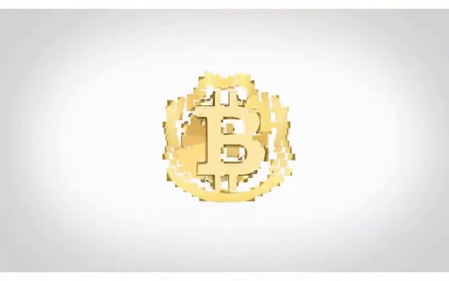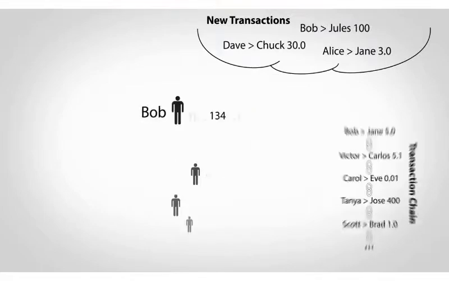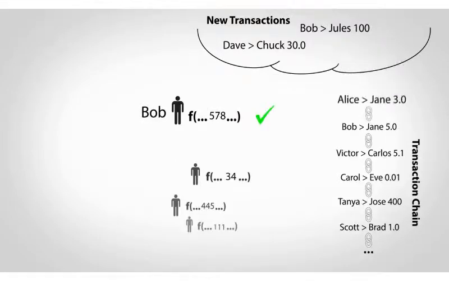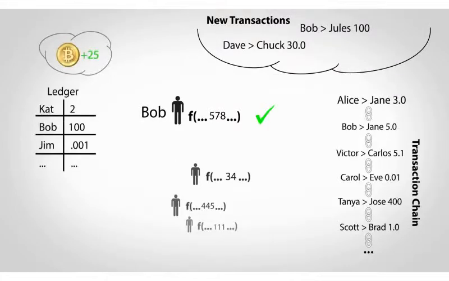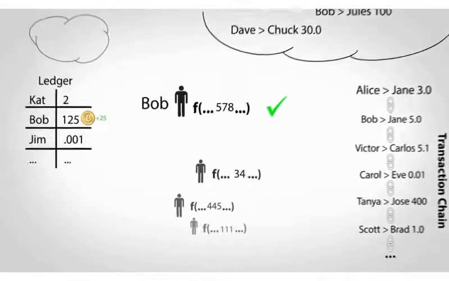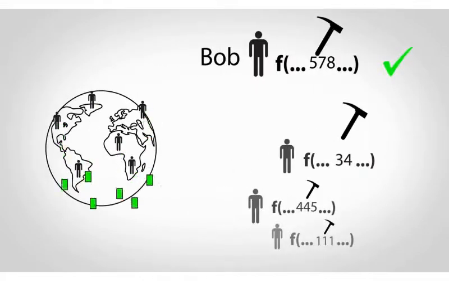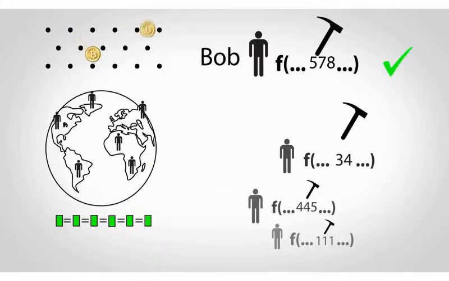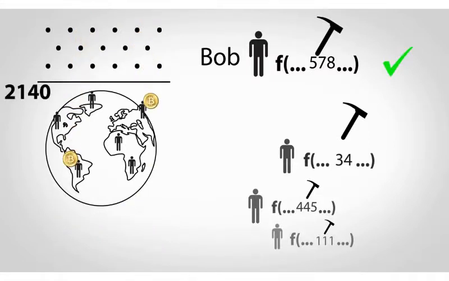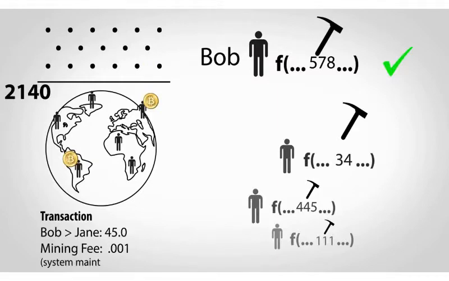Finally, how does money get created? Every time someone wins the lottery to pick the next transaction in the chain, new bitcoins are created out of thin air and awarded to their account. Solving these problems is commonly called mining, as this is how money enters the system, but the main purpose of the math is to make sure everyone's ledgers agree. The math simply provides a convenient way to randomly distribute money into the world. In fact, sometime around 2140, no more money will be created and participants will only be paid from fees added